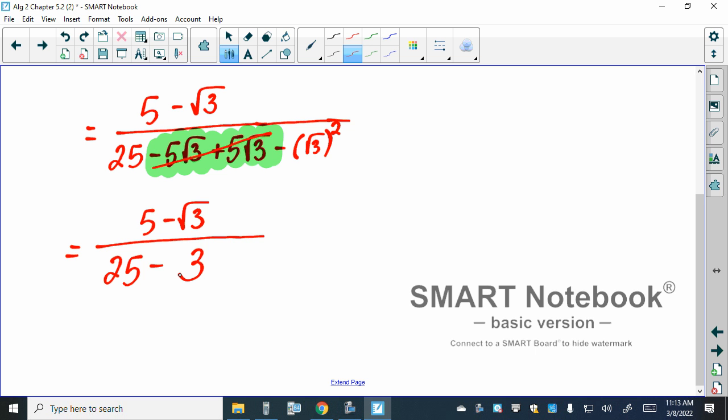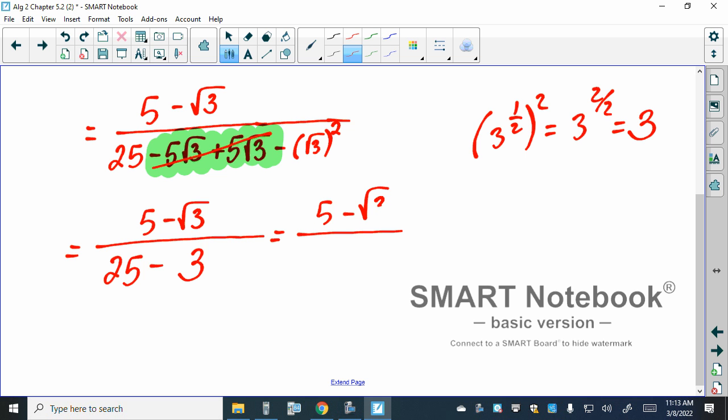Because really what we're saying is that I have 3 to the 1/2 squared, which is 3 to the 2/2, which is 3. Well, last but not least, 25 minus 3 is